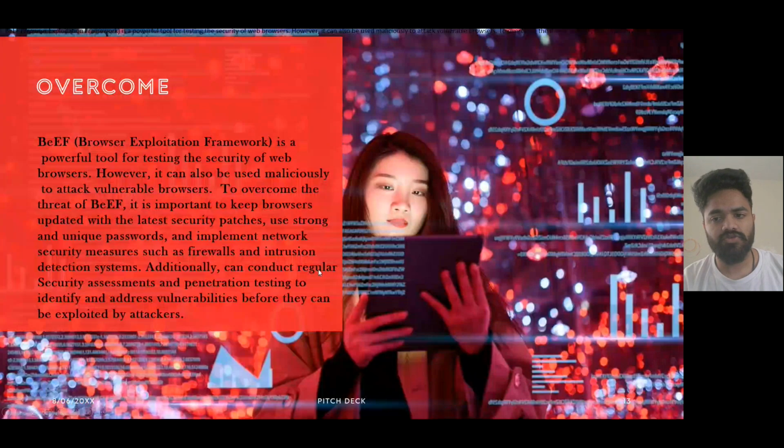So let me just walk you through how to overcome these. Beef, generally we know, is for testing the security of a web browser. However, it can also be used maliciously to attack vulnerable browsers. To overcome the threats of Beef, it is important to keep the browser updated with the latest patches, use strong and unique passwords, and implement security measures such as firewalls and intrusion detection systems. Additionally, conduct regular security assessments and penetration testing to identify and address vulnerabilities